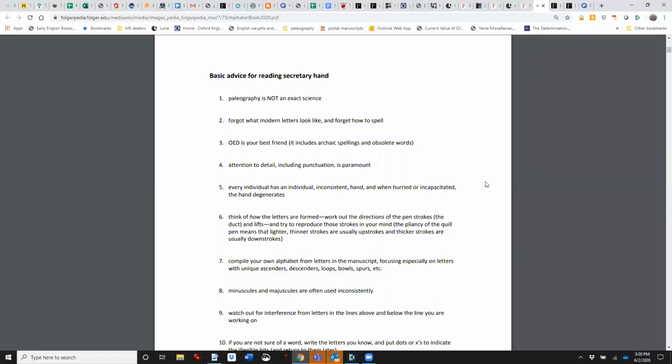Secretary hand in many ways is much more difficult than learning the medieval hands, because the medieval hands were written by professional scribes, and they were basically paid to make their hand look like everybody else's hand. There was very little individualization compared to the early modern period.